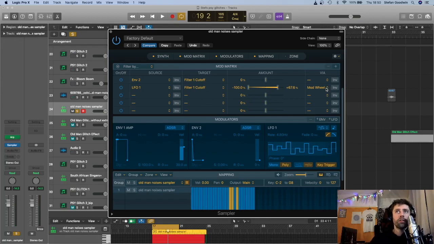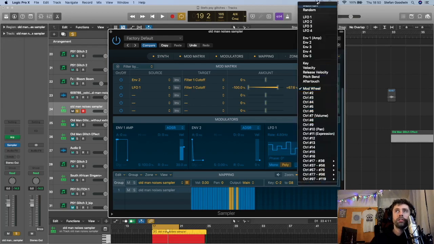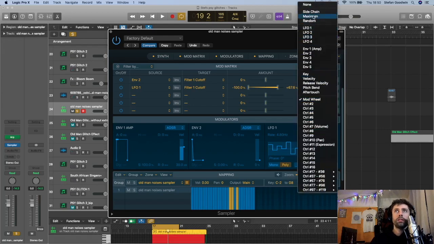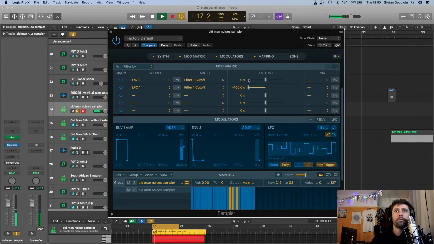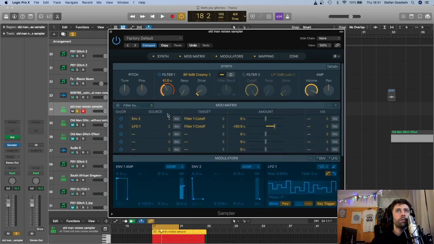Then over here on the right you have via. It's being used via mod wheel, which is really fun. You can do that on a keyboard if you want, but we're going to change it to none, which is up here. And we change the parameters. Then once we change that,